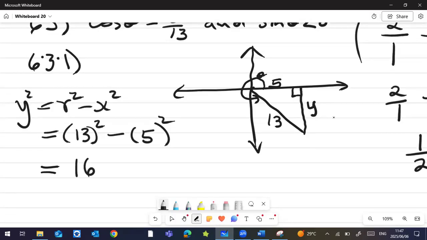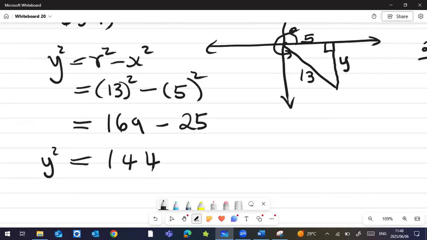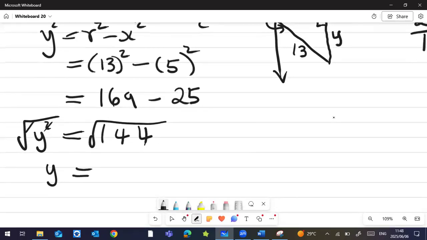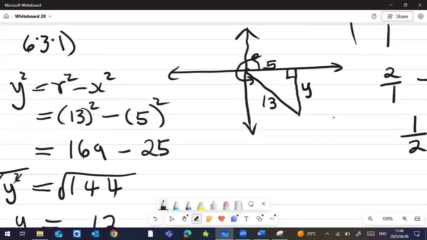13 squared, which is 169, minus 5 squared, which is 25. 169 minus 25 is 144. That's our y squared. Then what do we do? Introduce the square root on both sides. The square cancels with the square root. y equals the square root of 144. Remember, it is 12. But let us not forget, as we move through the quadrants, remember,